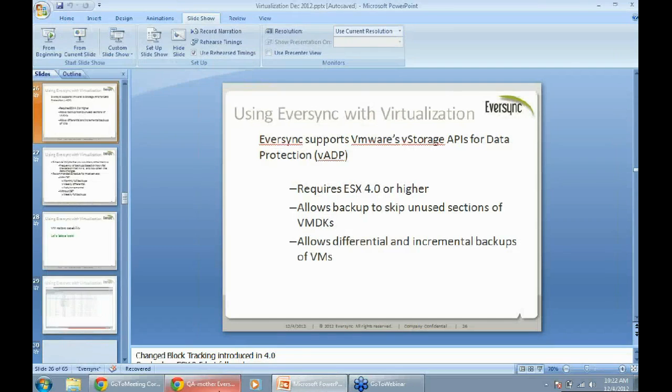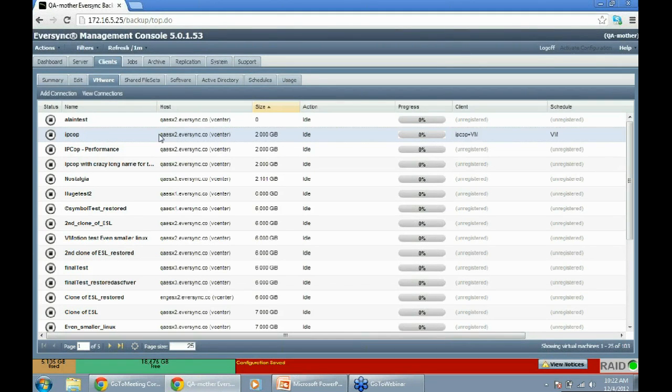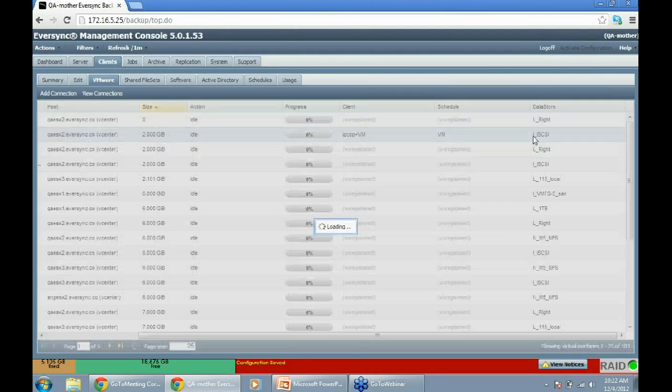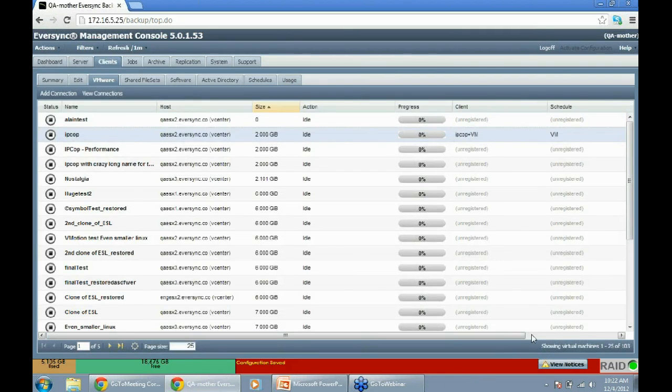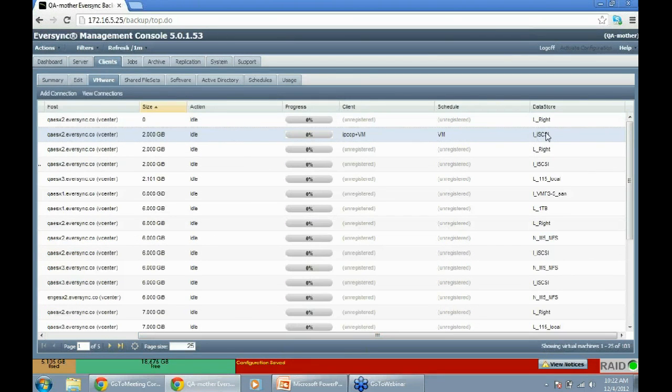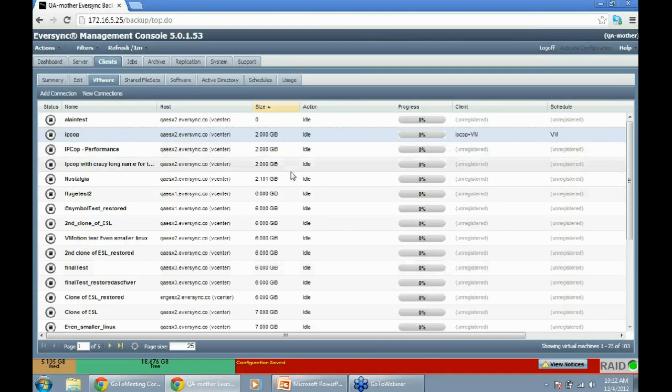Getting back out of this. See, it always knows what host and data store a VM is on, and keeps track of these things, so that if that virtual machine migrates before the next backup, we know where to find it.